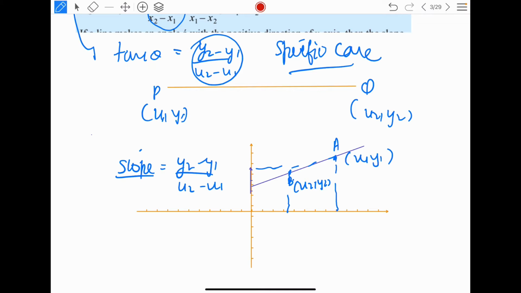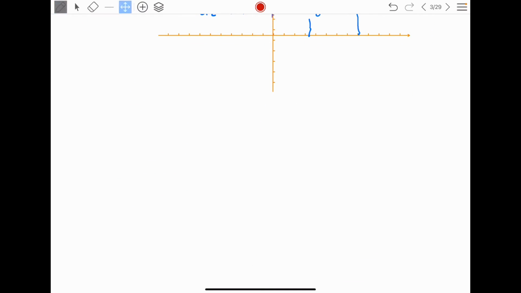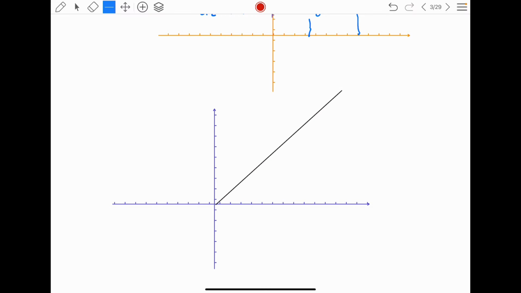Now why has this formula come? Let's take a quick look at this as well, so that you will understand the logic behind this formula. The logic behind this formula is very simple. Again we'll take an example of a line. The slope of this line obviously will be tan theta. This is universal, always the slope will be tan theta. Now let us find out tan theta here.